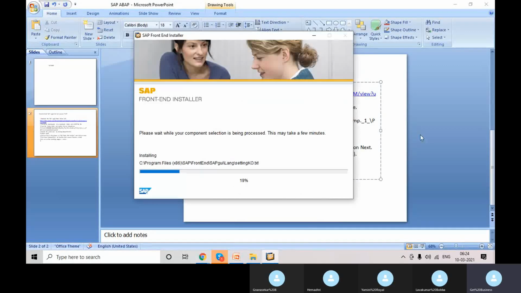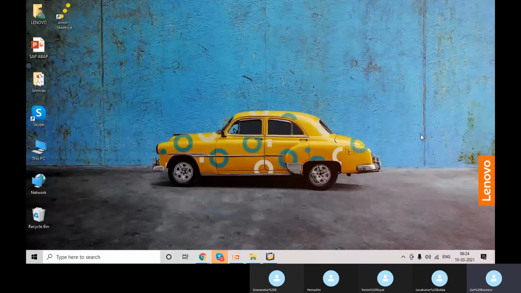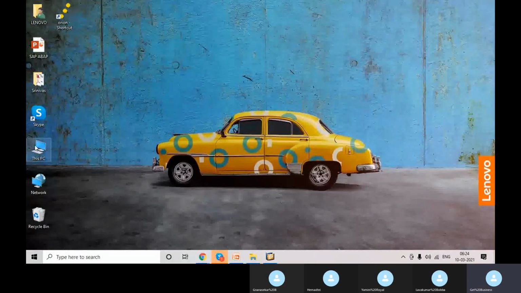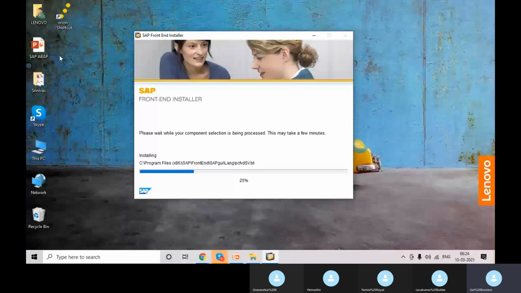So I'll go to the desktop. We can see there are no SAP icons right here. Once it is completed 100%, we can see two icons, the NetWeaver icon and SAP Logon, which we are expecting to install.